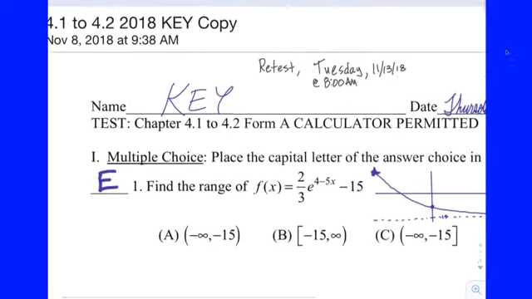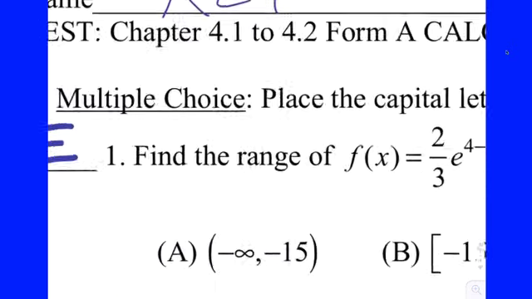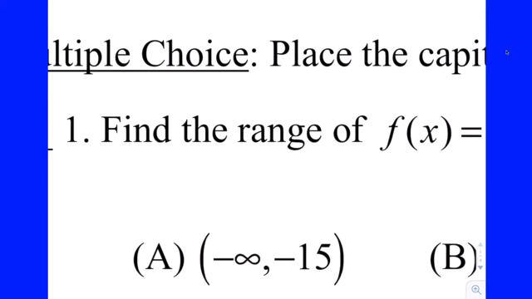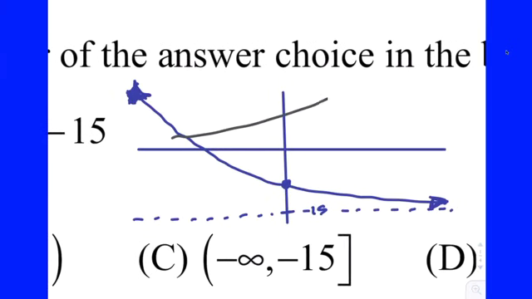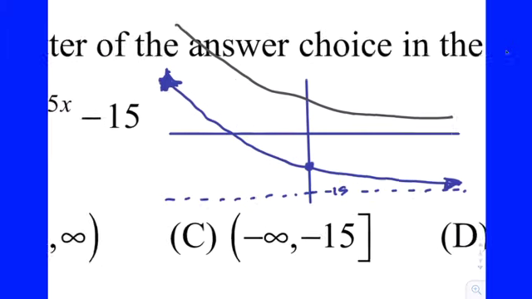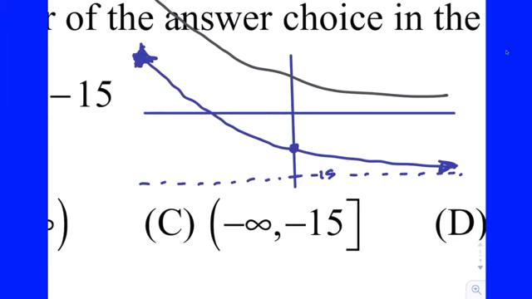We're going to go over it. Let's get her done. Every morning. Find the range of this function. Okay. This parent function is e to the x. The negative in front of the x is going to reflect it across the y-axis. So that's going to change it from something that would look like that. That's e to the x. When you reflect it across the y-axis, it's going to look like that. So now it's a decreasing function. The minus 15 moves the horizontal asymptote, which was on the x-axis, down to negative 15.